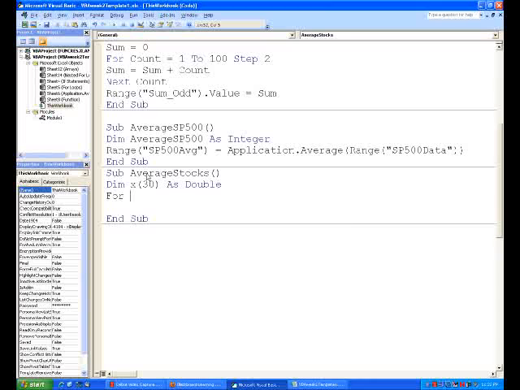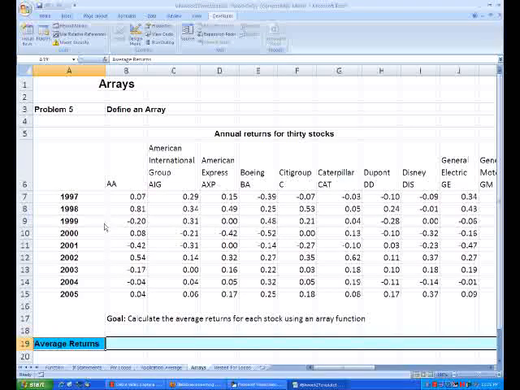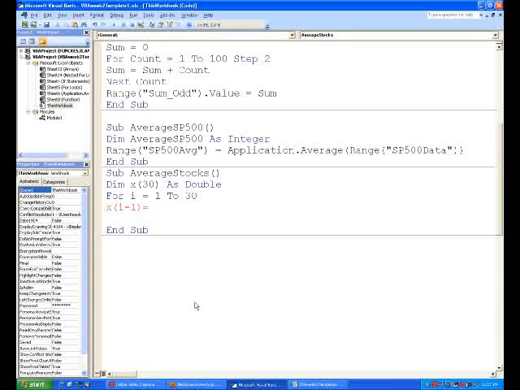Alright, now we're going to build a for loop, and we're going to say for I, and that's going to be the stock number, for I equals 1 to 30, so from cell 1 to cell 30, get x(I minus 1). Now the reason we have to do I minus 1 is because we're doing it from cell 1 to 30, but we actually want to start it at 0, I minus 1, because that's where Excel will see it. Excel will see that first cell there as being 0, cell 0. Okay, so for I minus 1, so starting at 0,